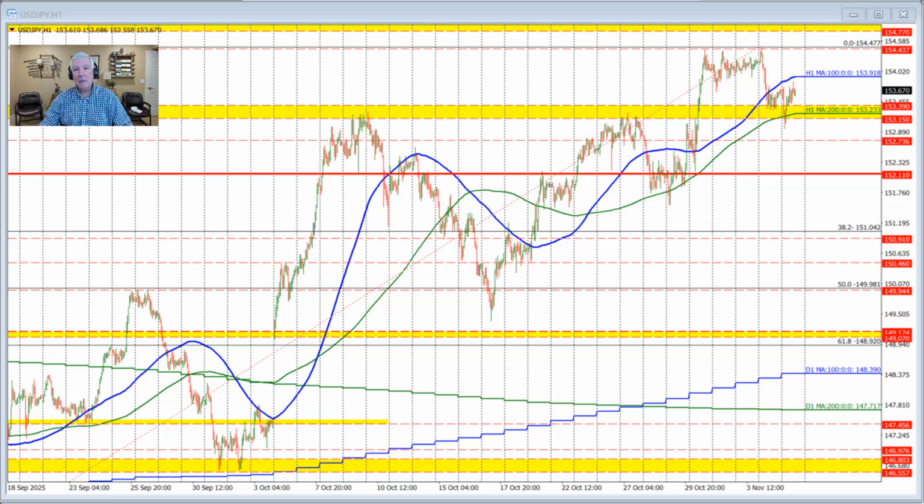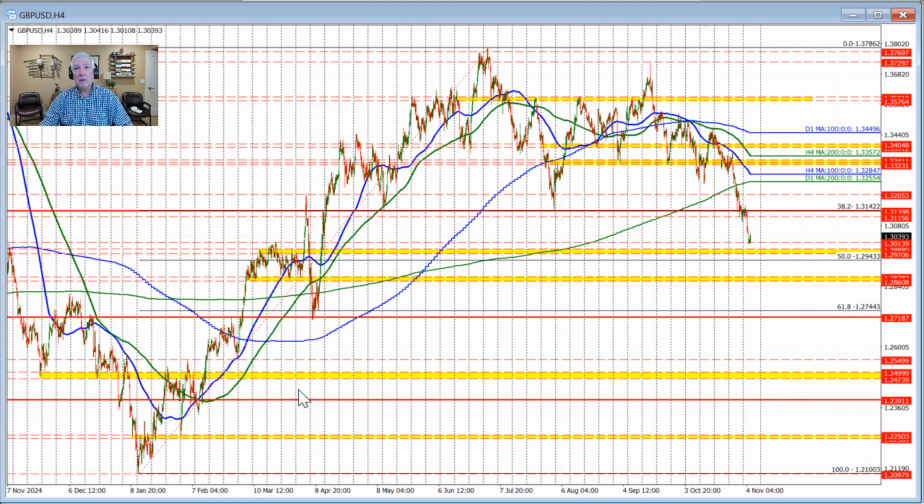for further selling pressure. Finally, let's take a look at the sterling versus U.S. dollar, focused on the 4-hour chart. And in trading last week, we came down to 38.2 and then fell below it toward the end of the week. In this week's trading, we did try to move back above the 38.2 earlier in the week. And then yesterday was a big move to the downside away from it. So the sellers took more control. Now, we did come down to this swing area right here, just sort of a random low, and also near this swing area here, where we had a number of different swing highs,